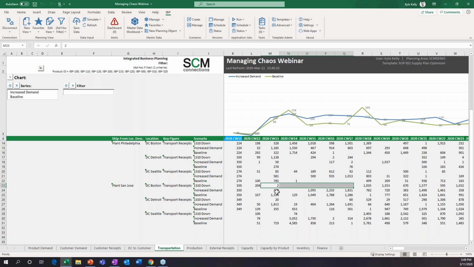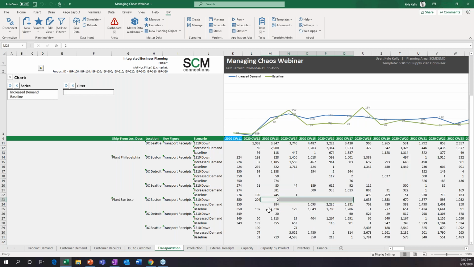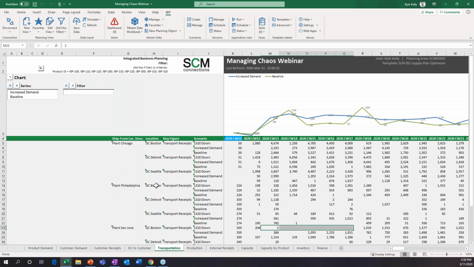Now, that has to go somewhere, because we saw in customer receipts before that, in the 1310 scenario, we were actually able to deliver more to the customers. And so you have to start looking at where else customers can get product from, and specifically, where the DCs can get products from. Well, let's look at the Chicago plant. In the baseline, for the same time frame, it was providing about 13,400 units to the Boston location, because the other amount was coming from San Jose. But in that instance where San Jose went down, now you can see Chicago is supplying over 19,000 units.